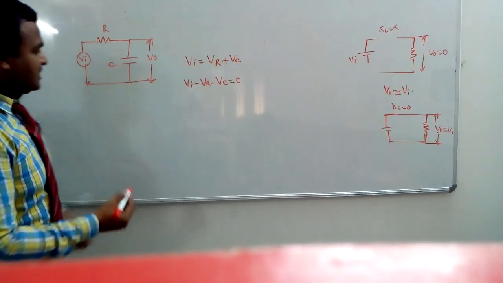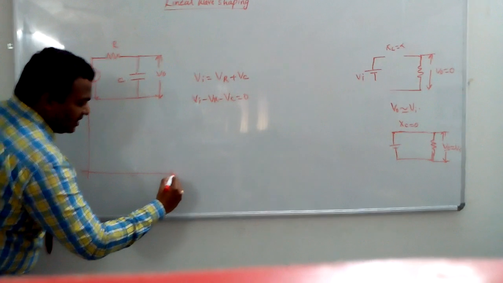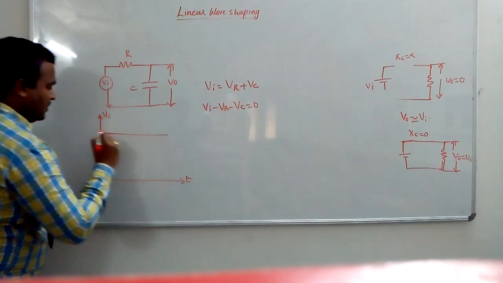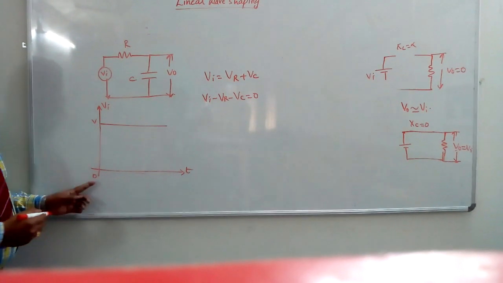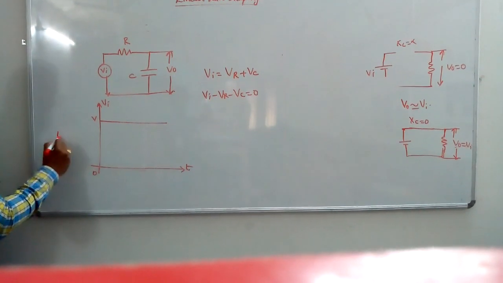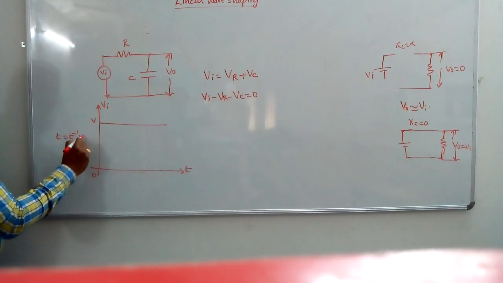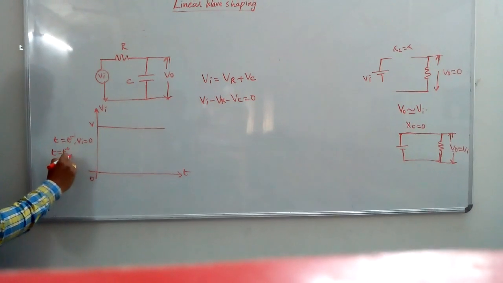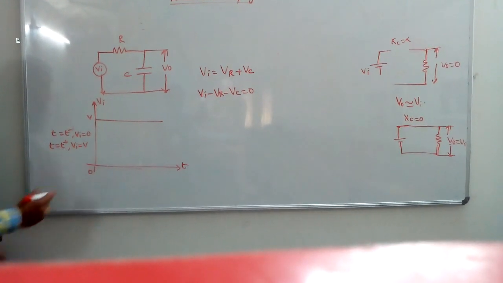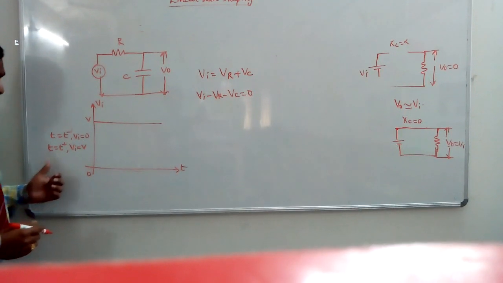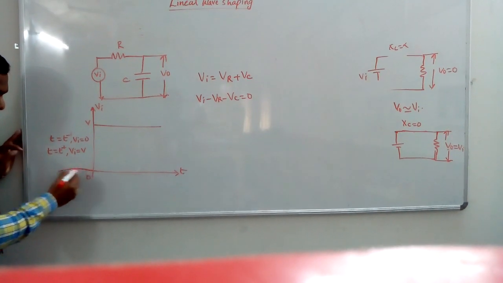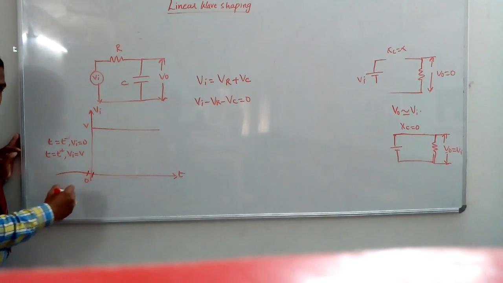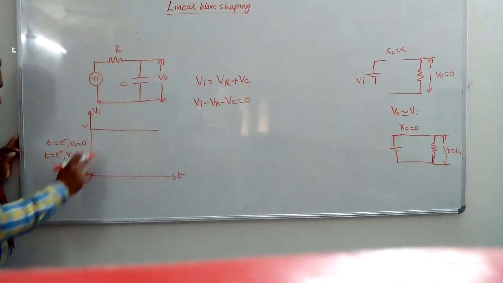Now, if I am applying a step signal, its voltage varies from t is equal to 0 onwards. So at t less than 0, or t is equal to 0 minus, my input voltage Va is equal to 0 volts. When t is equal to 0 plus, just after t is equal to 0, my input voltage Va is equal to V volts. So just before t is equal to 0, my input voltage is 0, and just after t is equal to 0, suddenly my input voltage rises from